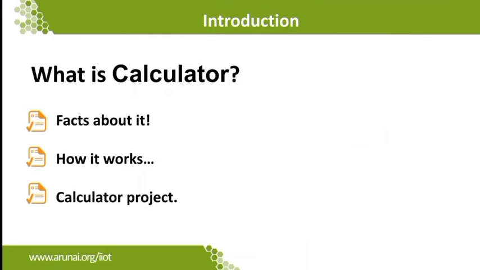Now let's see how it works. Here I'm going to show you two types of calculators. One is a static and simple one which adds two given numbers, but here we can have both positive and negative numbers. When we add a negative number to a positive number, we get subtraction as well, so it is going to perform addition and subtraction only. That is one type of calculator which I'm going to show here.